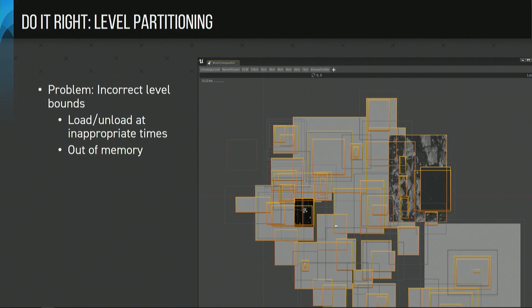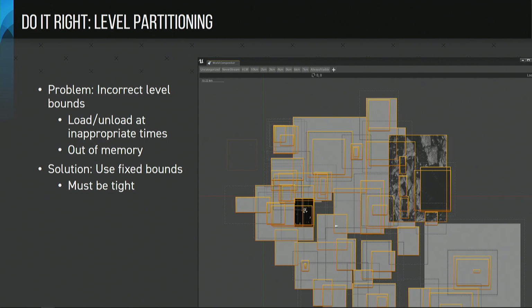So as I said, by default, the boundaries are derived from what is in the levels. So the fix was to use fixed level boundaries. Just for each level, we say, okay, these are the boundaries, and even if you have a level over here and you add an asteroid over here, we are not going to extend the boundaries. And the idea being that if someone places an asteroid, they will hopefully take a look if this is actually still being streamed in if you go there. And then they realize it's not being streamed in, so they need to put their asteroid that's over here in a different level, hopefully.